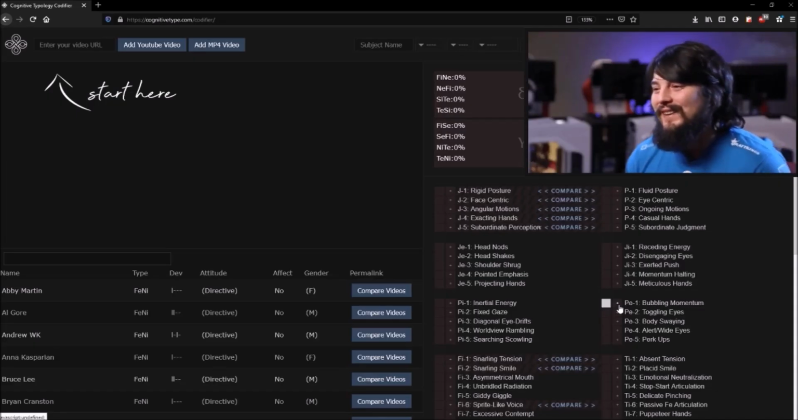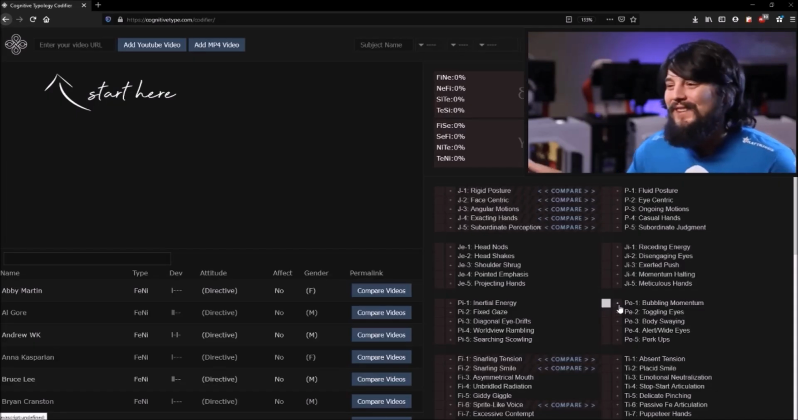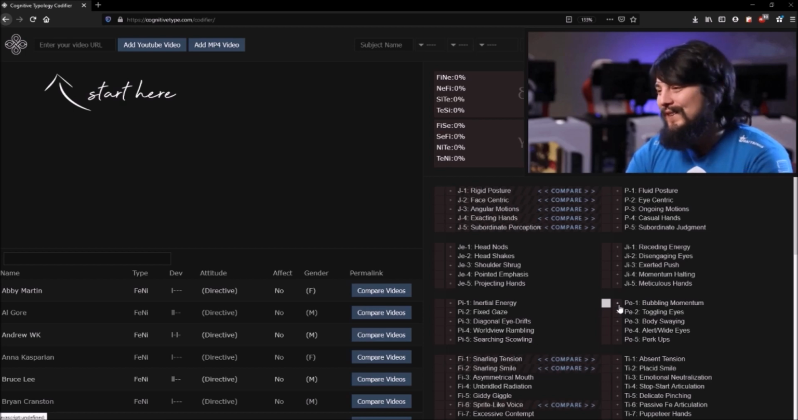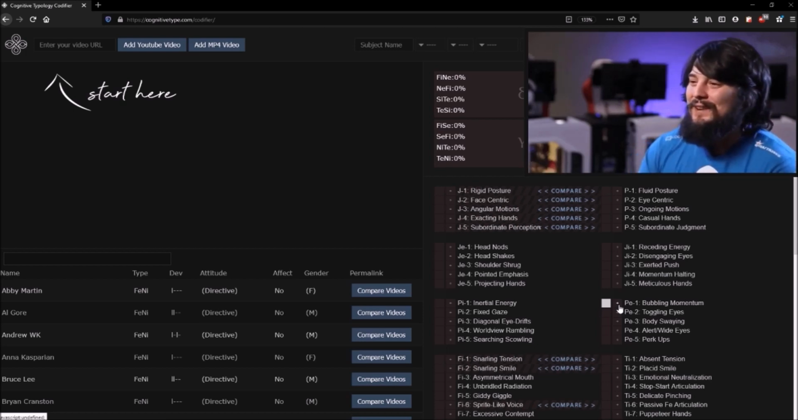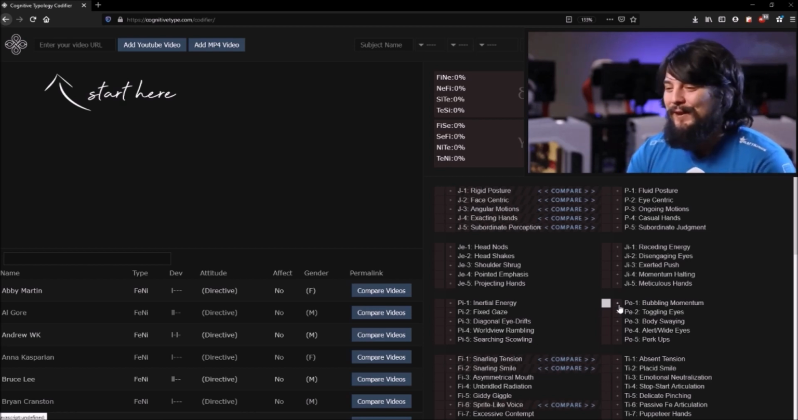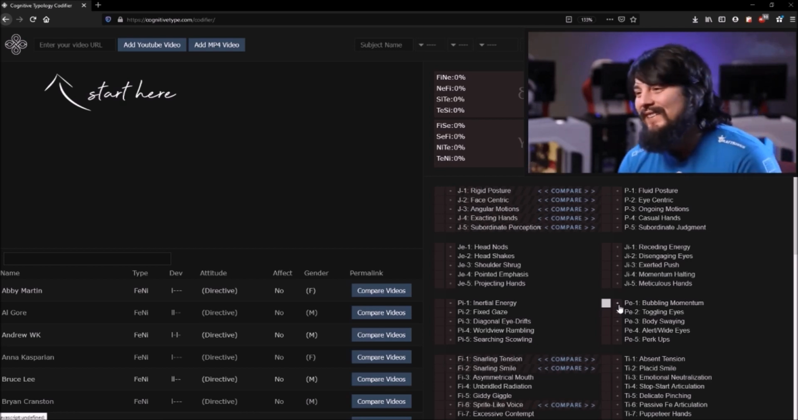Okay, and now we have the PE signals, which together comprise the puer energy, or the child energy, beginning first with PE1, which is bubbling momentum. Now this signal has a variety of different expressions. Bubbling momentum can come across as restlessness of the body. It can come across as fidgeting, but generally speaking, what it is is this subtle baseline excitation of the